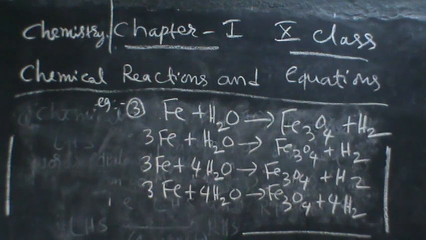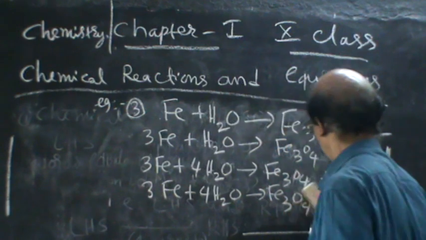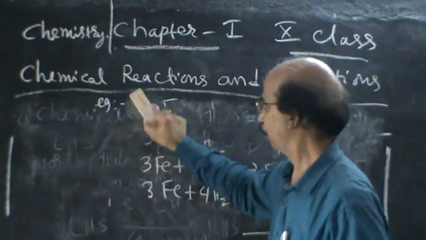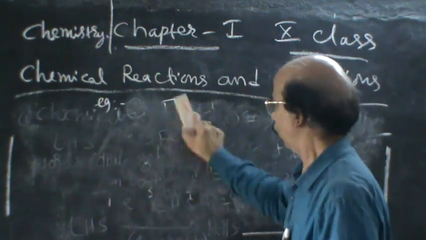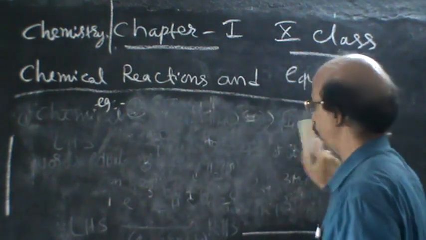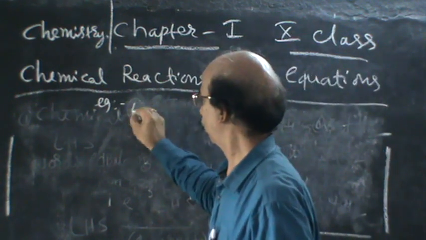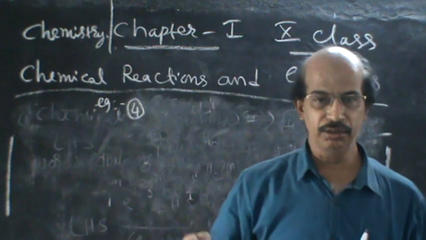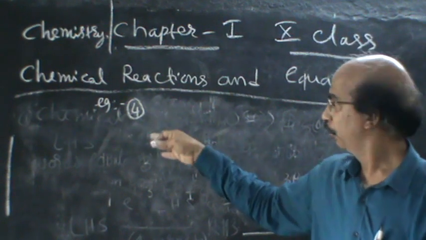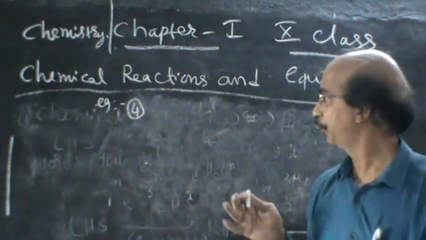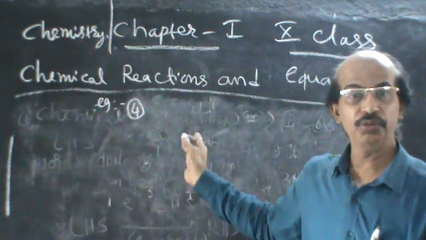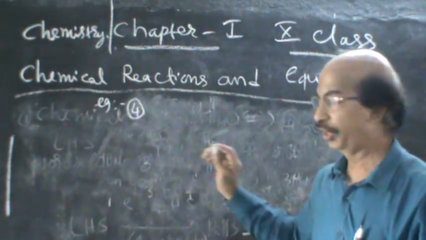Before proceeding to the other concept, I want to tell two small points. Maybe you can take it as examples 4 and 5, whatever they mentioned in the textbook. Let us try example 4. This fourth example is different, because in all these three, we did not mention states and conditions. Conditions one should mention, that is very important, and at the same time we should mention our states also.